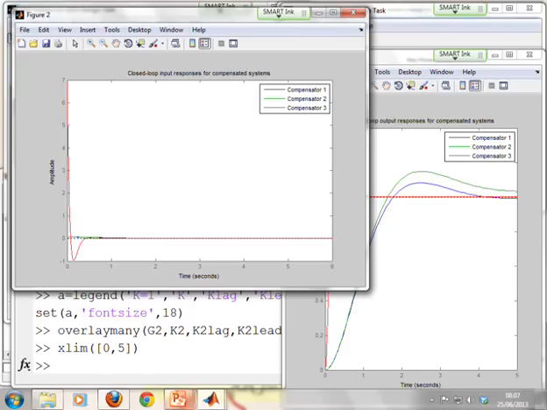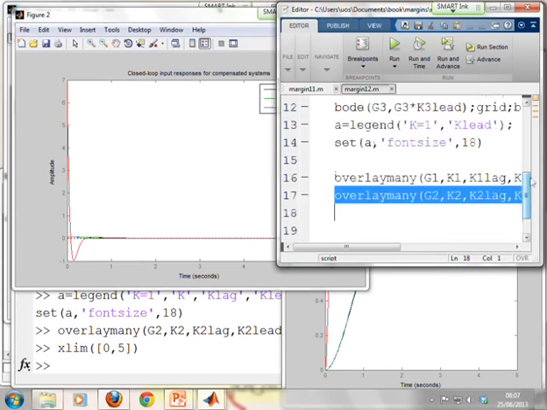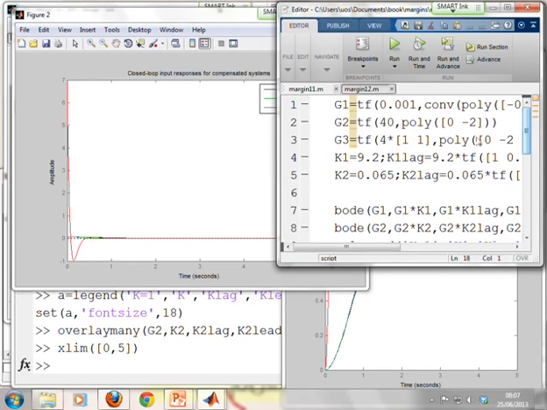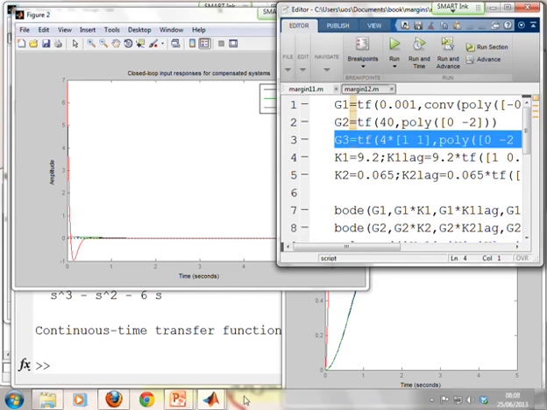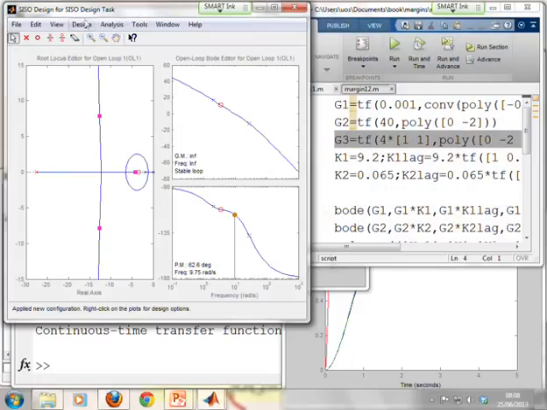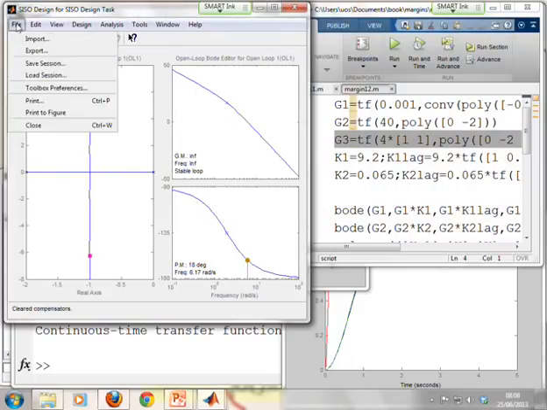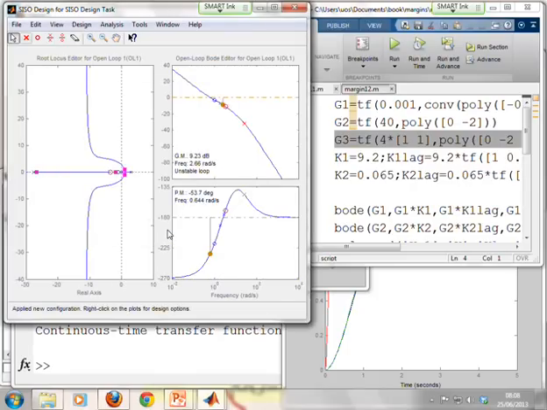Alright, let's go to the last example now. And the last example was slightly more challenging because it was an unstable system. So let's enter it. It's G3, and let's go to our OToole window. There it is. So first of all, let's clear all compensators, and now let's import G3 and see what we can do. Now you remember, with open loop unstable systems, we have to have